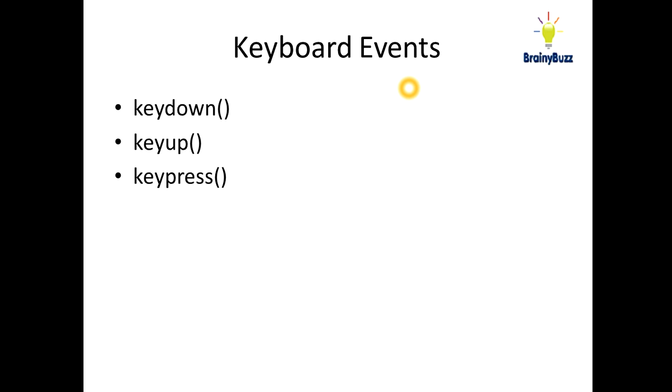In the key down, whenever you enter anything in your input field or whenever you press a key, so when the key is in the pressed mode, whenever the key is down, then key down is called, and whenever you release a particular key, then key up is fired, and the combination of key down and key up is key press. These methods are basically used to validate the form fields, like input fields,